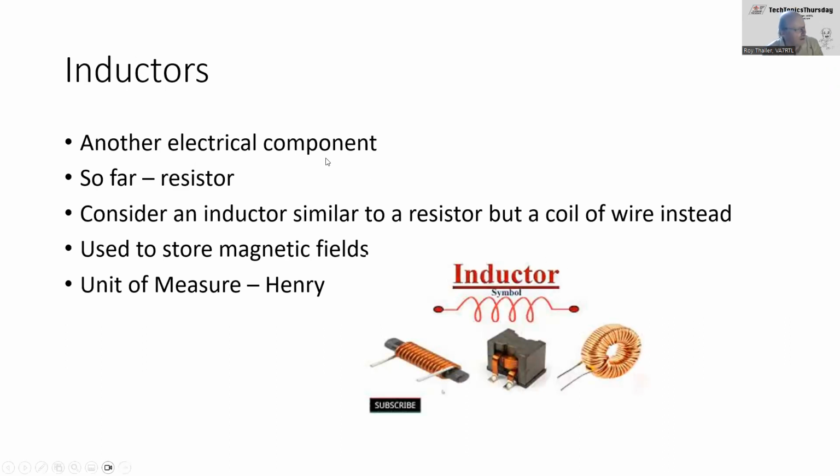So it's another electrical component. So far, we've only looked at one component, which was the resistor. As I've said, the inductor is similar to a resistor, but it's a coil of wire instead. And it's used to store magnetic fields. And here, this is the symbol of an inductor, which basically looks like a coil of wire. And then you have different types of inductors here, and this round one is called a toroid,